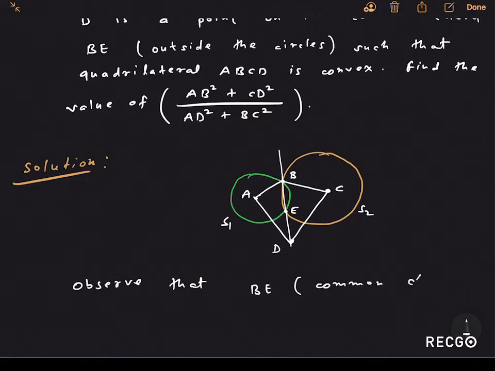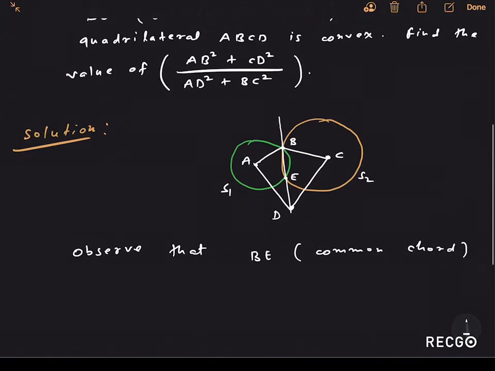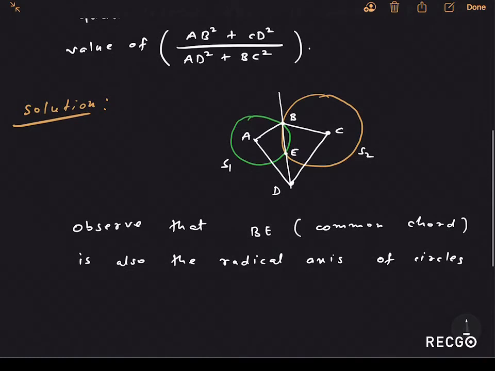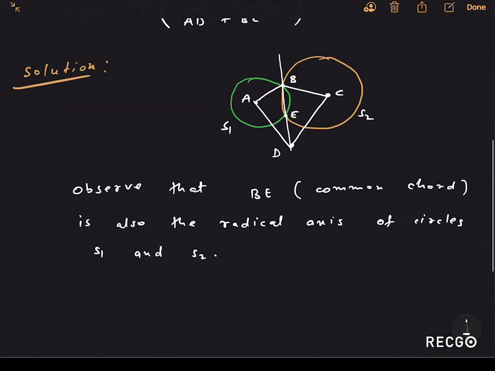As you know, the common chord in the case of intersecting circles is nothing but the radical axis. I am using this concept, and I'm also going to use a property of the radical axis, and then the question is solved. So let's say the common chord BE is also the radical axis, and therefore